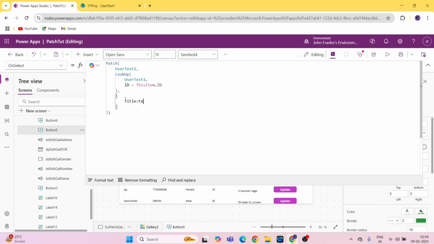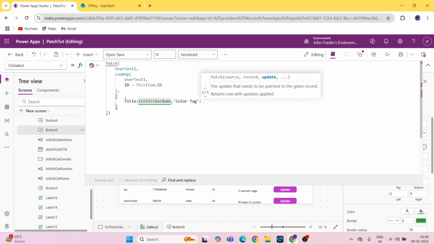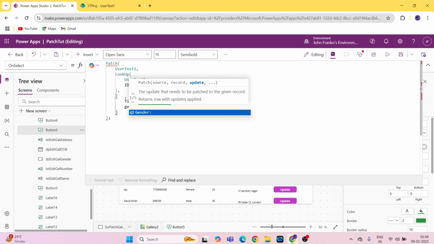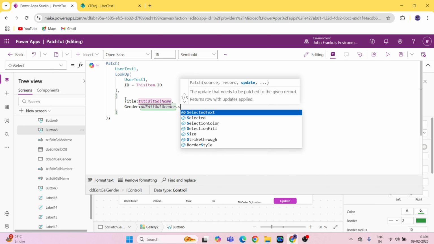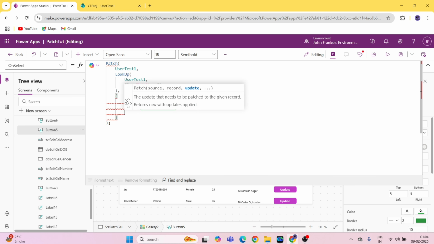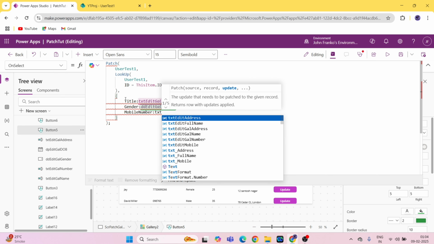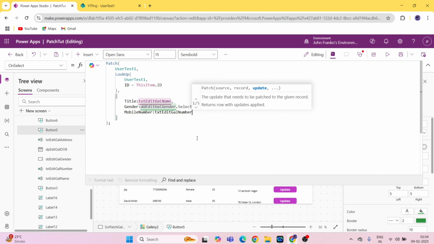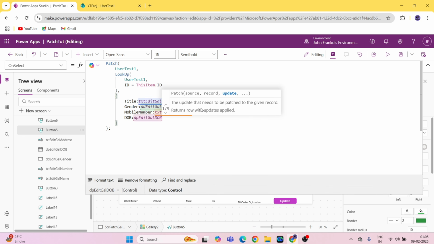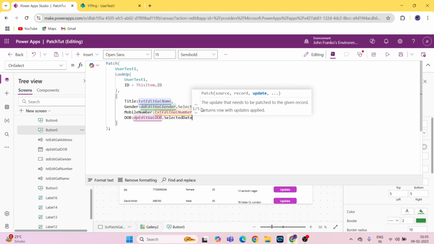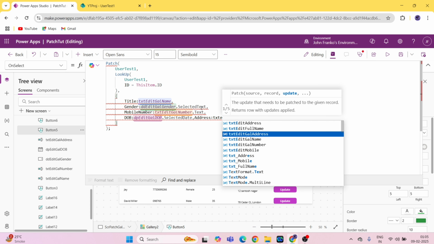title, txt gal name, comma, gender dd edit gal dot selected text, comma, next will be mobile number txt, here it is gal number, so this one dot text, date of birth dp gal edit dot selected date, comma, address txt edit gal address, comma,